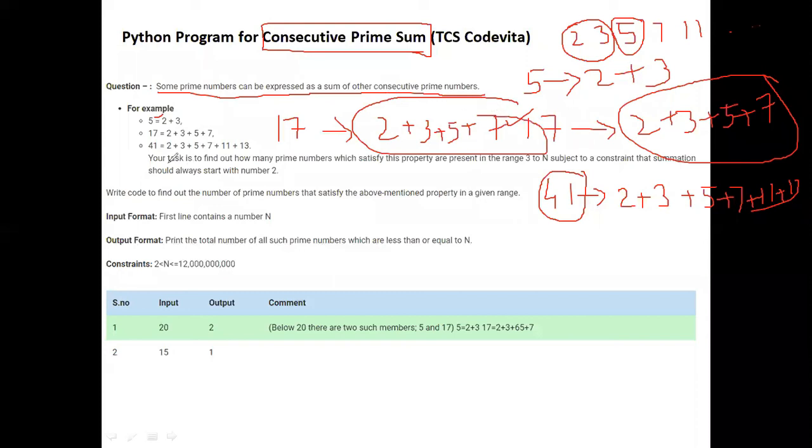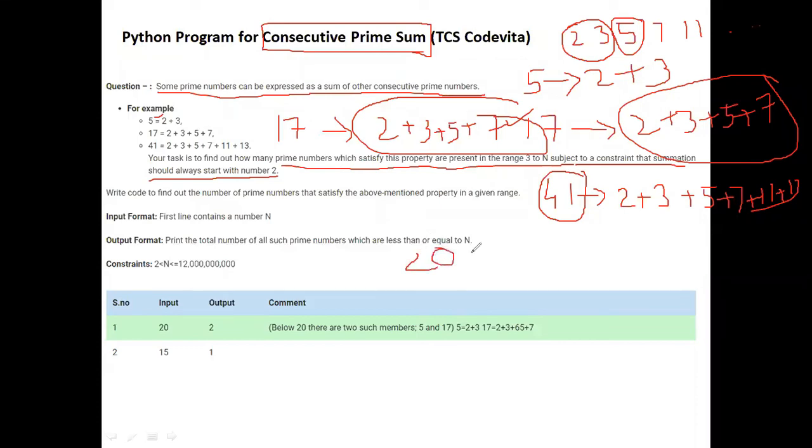Now, our task is to find out how many prime numbers which satisfy this property are present in the range of 3 to n, subject to the constraint that the summation should always start with the number 2. For example, I give the number 20.